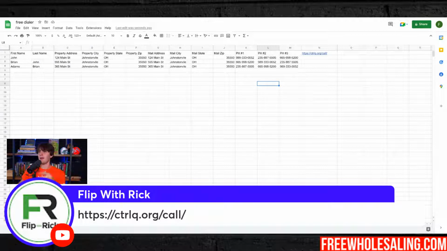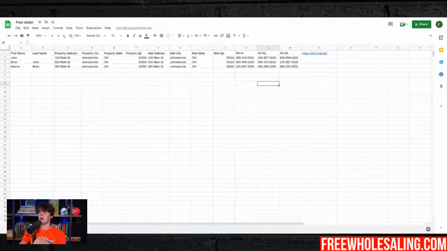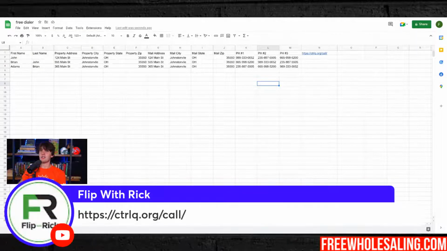So now we have this here. Yes, you can do this in Excel, FYI for everyone. I'm going very slow on purpose, so it's very easy to find. Don't be mad at me. We see this control call here. What I'm basically going to do is copy this and paste it right here. This is going to be my little control call thing. We're going to delete this after.